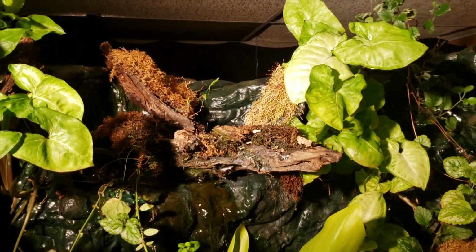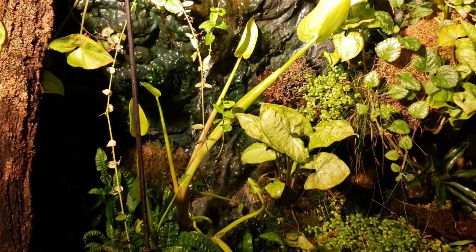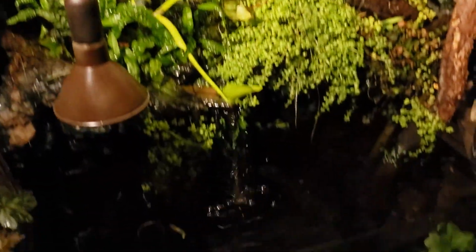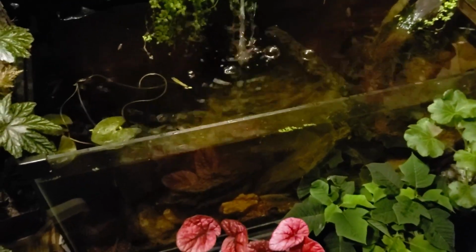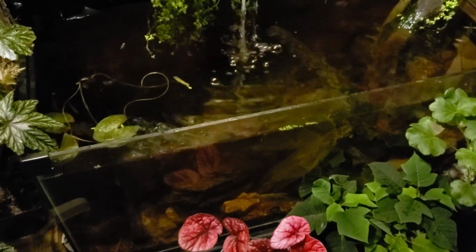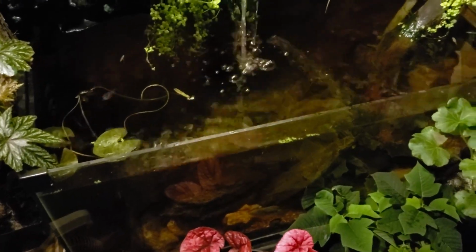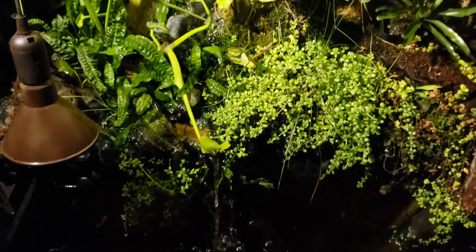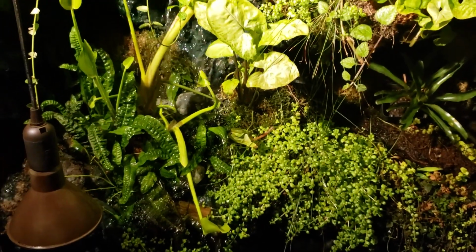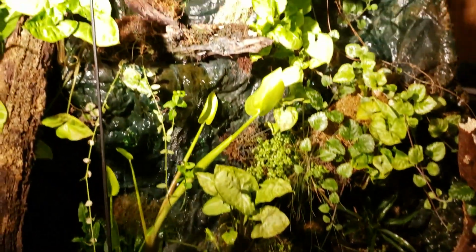I've heard singing before, and I've got these little African Dwarf Frogs in this tank. Years ago, I heard singing coming out of some of my tanks, and it took me a while to narrow it down, but I finally figured it out. It was those little frogs singing. And they're fully aquatic frogs. They don't get out of the water per se, but this frog, if it is really a frog up here